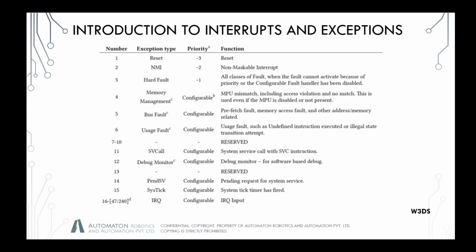Then you have the NMI. NMI stands for non-maskable interrupt. This is a special kind of exception which has the highest priority, obviously after the reset, because reset has to have the highest priority because that is your entry point. Like the reset exception, it cannot be masked, or stopped or interrupted by the other interrupt, and it also cannot be disabled. It can be associated to critical and non-deferrable activities. So certain activities like setting the clock speed of your core may be done by this particular exception or interrupt.